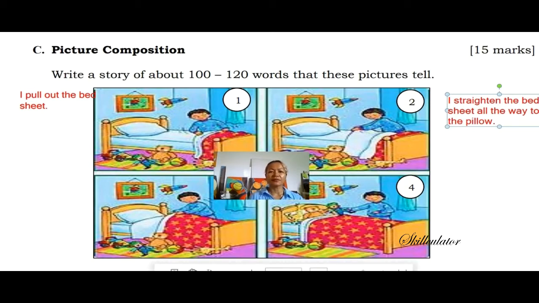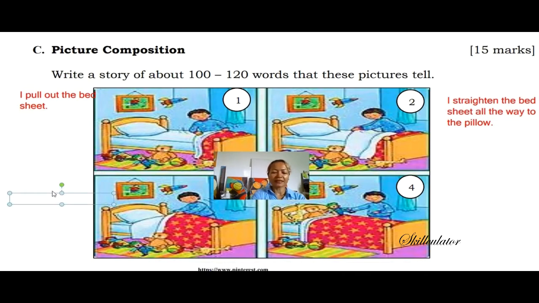Then number 3 appears to be pulling up the bed cover. Okay, I pull up the bed cover to the pillow, bed cover up to the pillow,